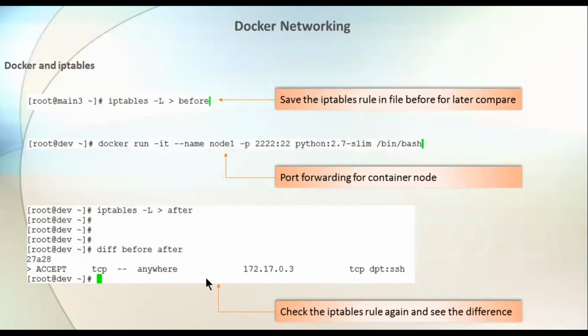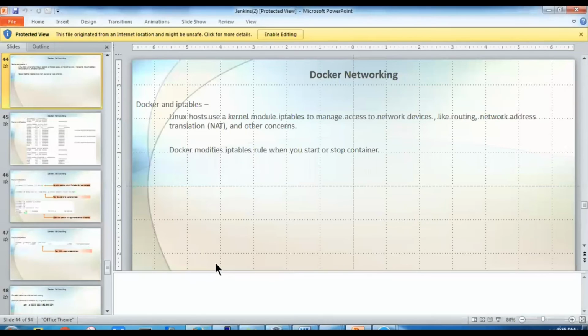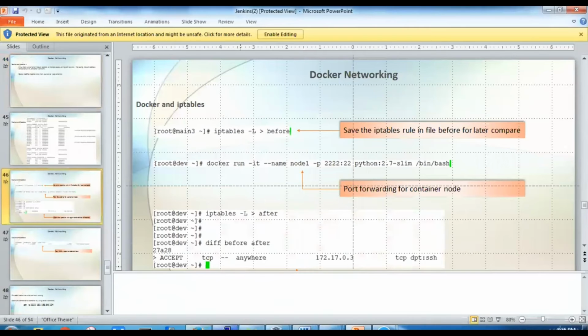So we'll get one extra line here, and this says that the Docker host automatically added one entry for us into the iptables, and this iptables rule says that allow everyone who's asking for the connection on the port 4x2s on the Docker host. So you can say that this SSH rule is added for this container. All right. So let's do the practical.